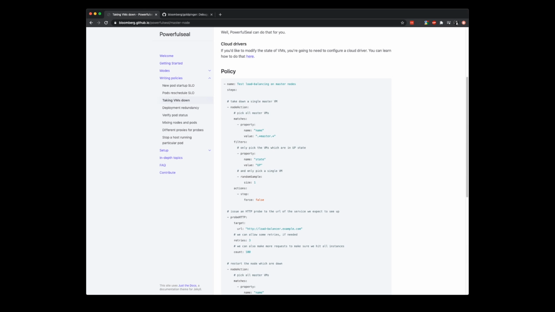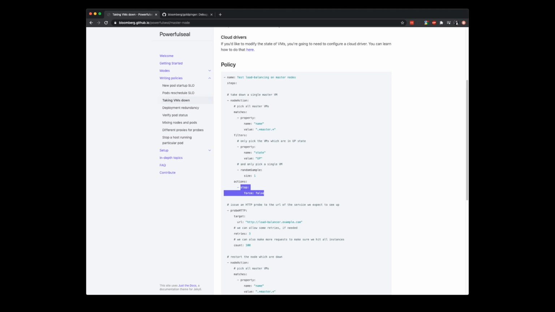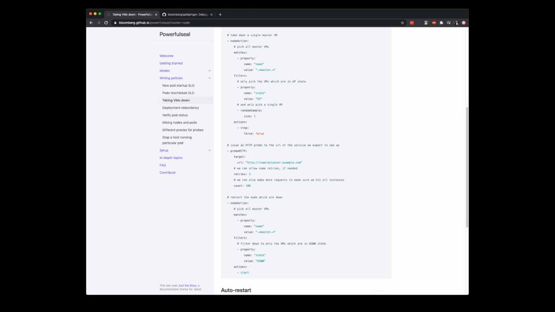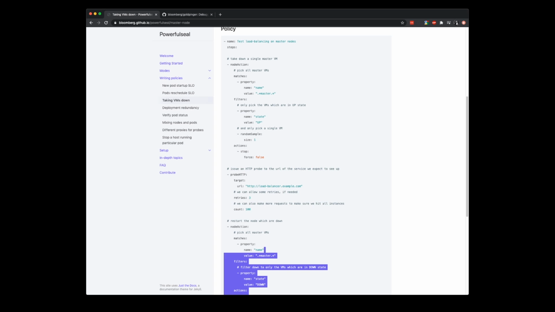You can say, for example, pick all the masters, pick the masters that are up, and take a random sample of size 1 to take a single master that is up and stop it. And then we can verify that things continue working the way that we want. If you want, you can put them back up explicitly like that, or in the stop action, you can do auto restart, and so on.